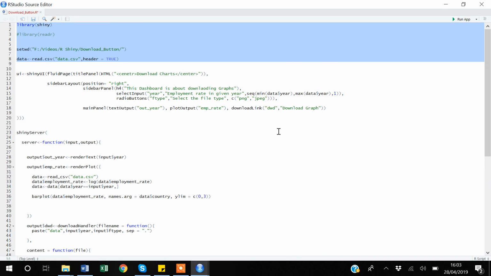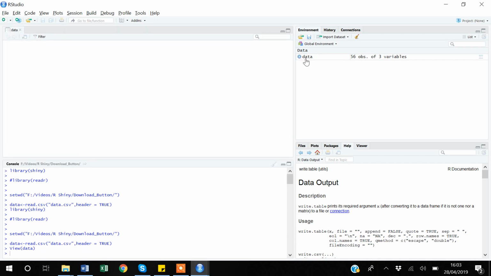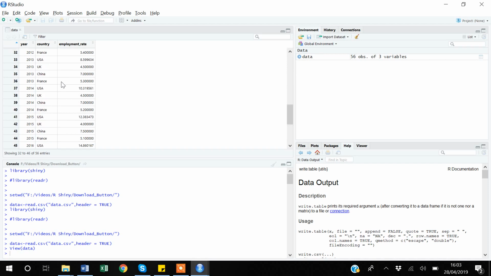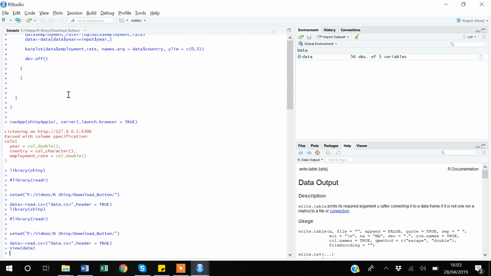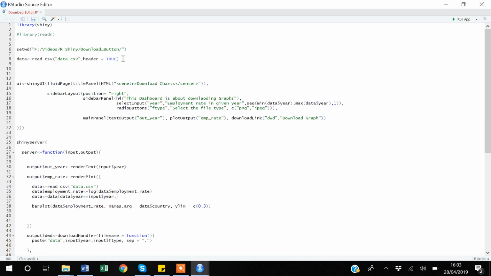So I will execute it again. You can see I have a data object now, which is the same as we have before. I'm using the same data set that we have used before. But here I will show you one more thing, that there is another function which can also be used to import data sets. Suppose I want to create another object, data2, which will be the same as our data object, but I will be using a new function to import